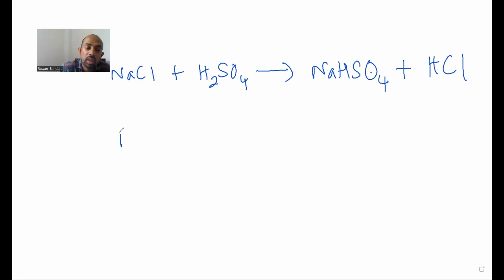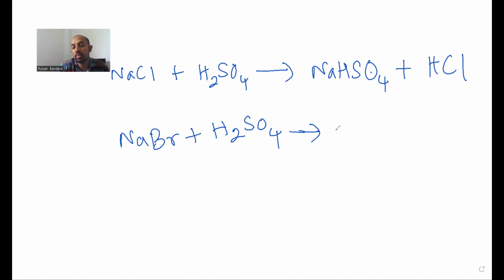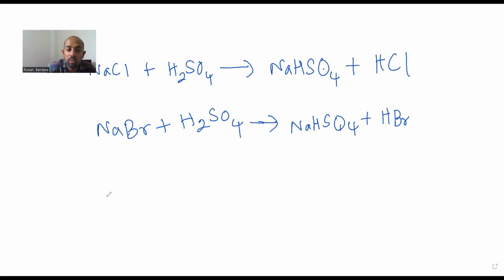Similarly, sodium bromide reacts with sulfuric acid to form sodium hydrogen sulfate plus HBr. Yes. So good. And also NaI reacts in a similar way